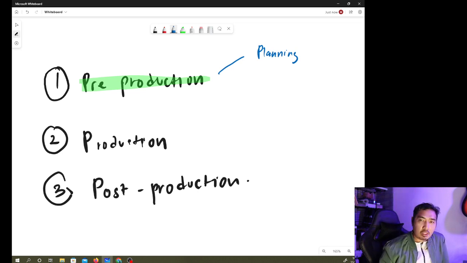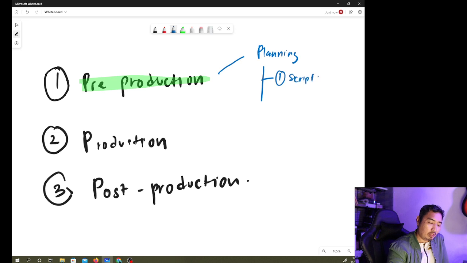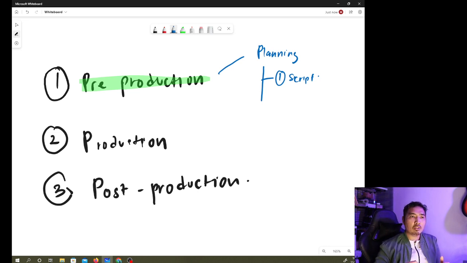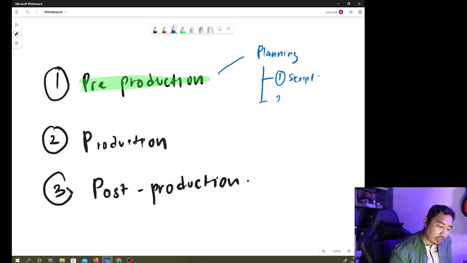The main process involved is, of course, the first one, the script. You have to do the script for your video. If you are able to do a refined script, which is good, but if you cannot, you can just do a rough script as a guideline to your talent, or whoever will appear in the video to talk about. And then the second one is normally we do a